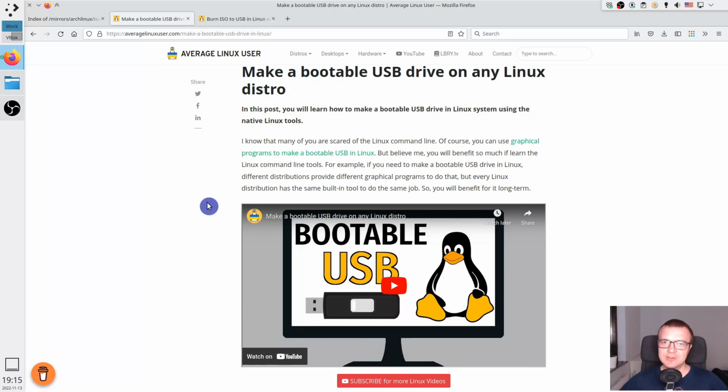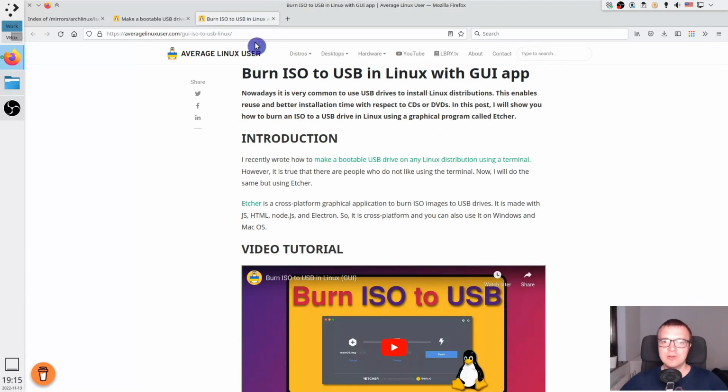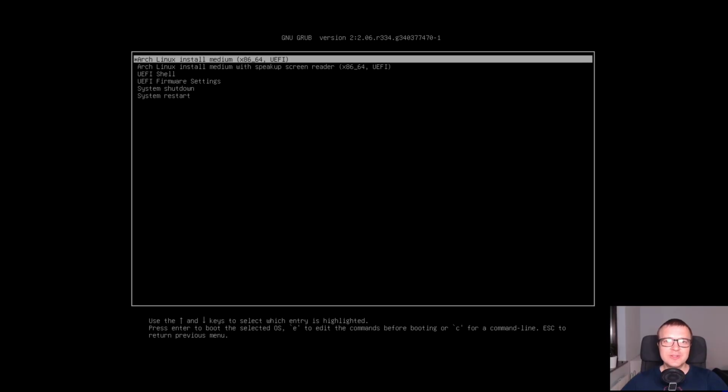You can write this ISO to your USB drive using Linux, and any Linux will work with the command line tools, or you can also use some graphical apps for that. After you have created a bootable Arch Linux installer ISO, just boot into this ISO, and you should see this screen. You need to select the first option, Arch Linux Install Medium, press Enter,